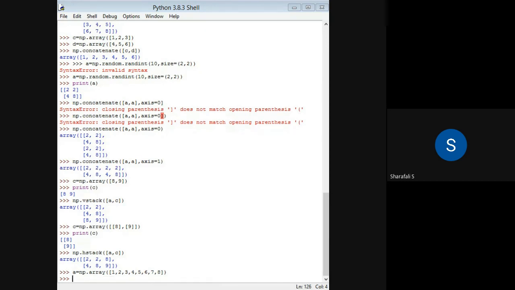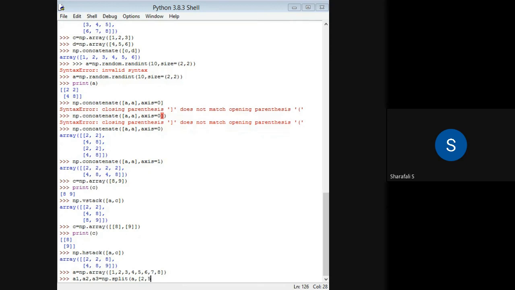If you want to split this one, I will give some names: A1, A2, A3 equal to np dot split function. I have to split array A. Where I have to split, I have to provide the index values. Let us give 2, 5.